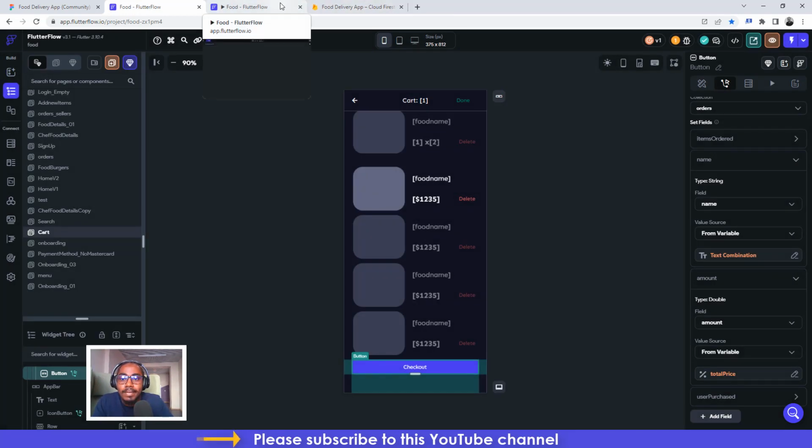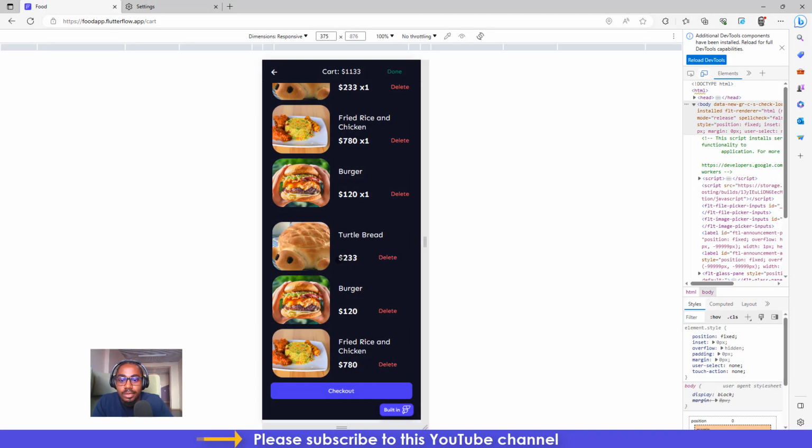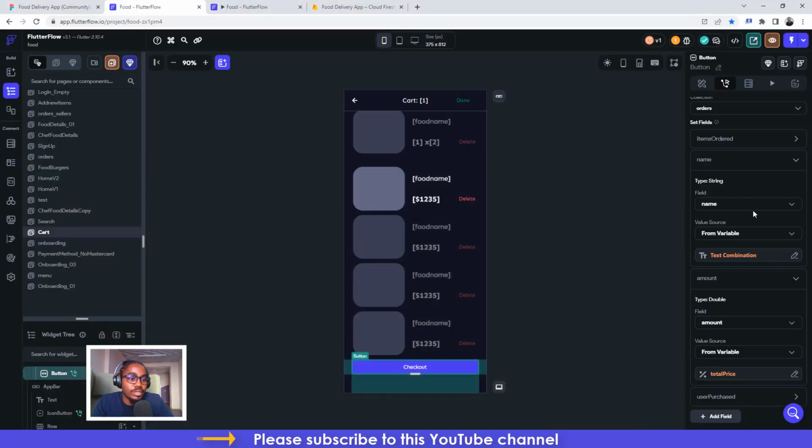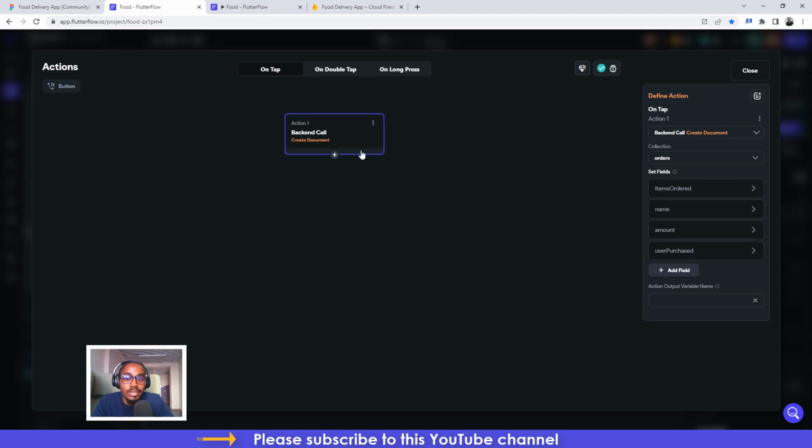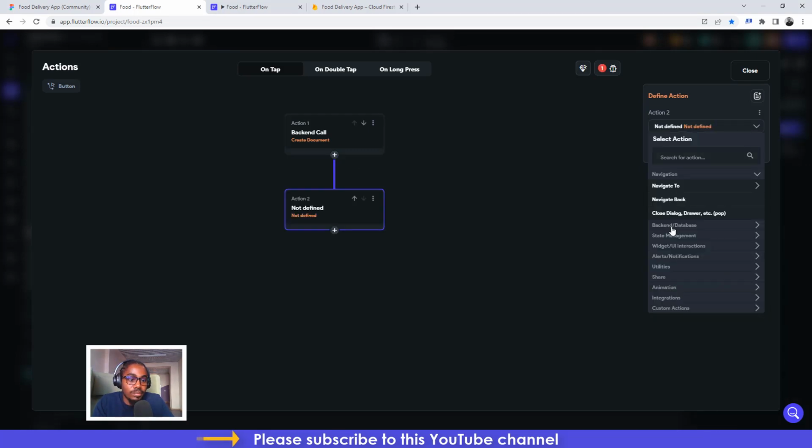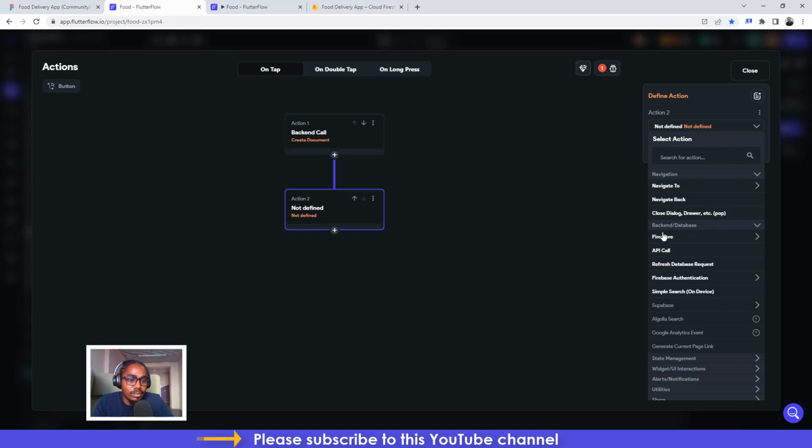Now let me come over here, and all right, so here we are. We can even add another action to this checkout such that after checkout has been done, we can clear this cart, but I didn't add that. So you can add that functionality. How you would do that is to add an extra action here and say add action, say update backend, and say no, not that,